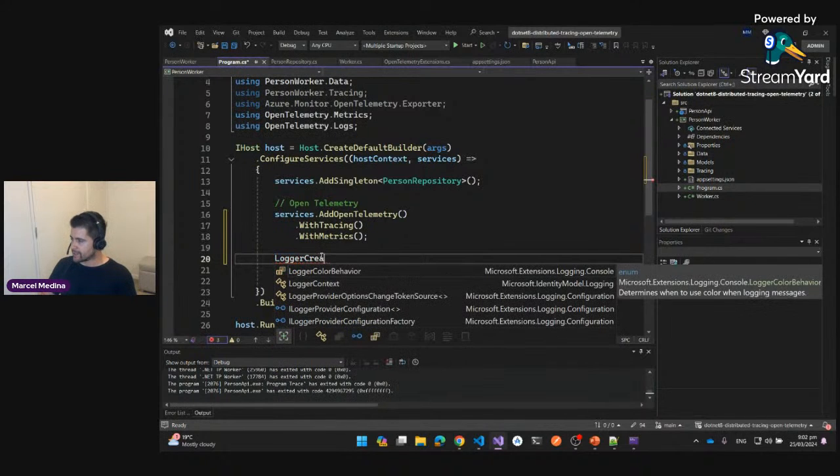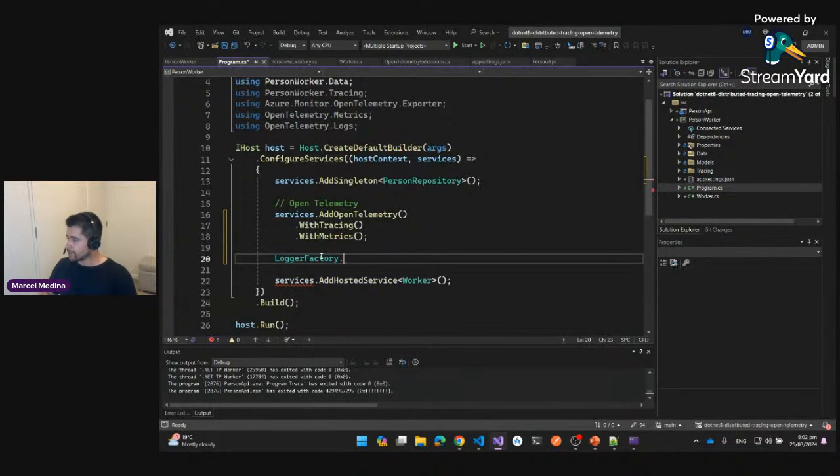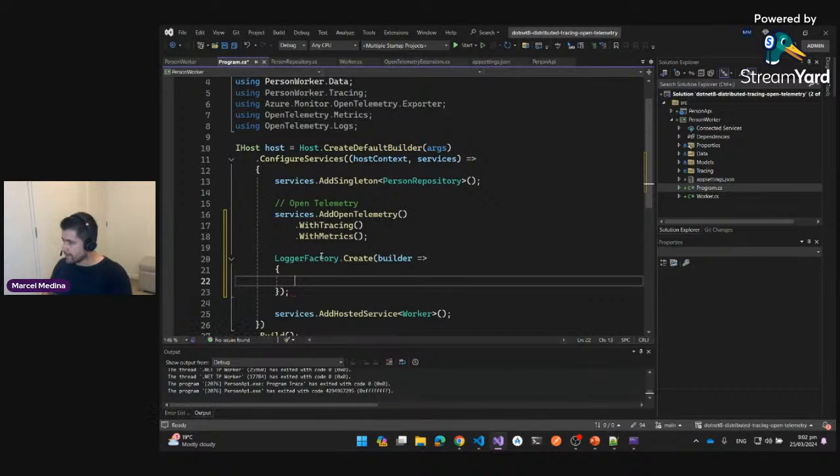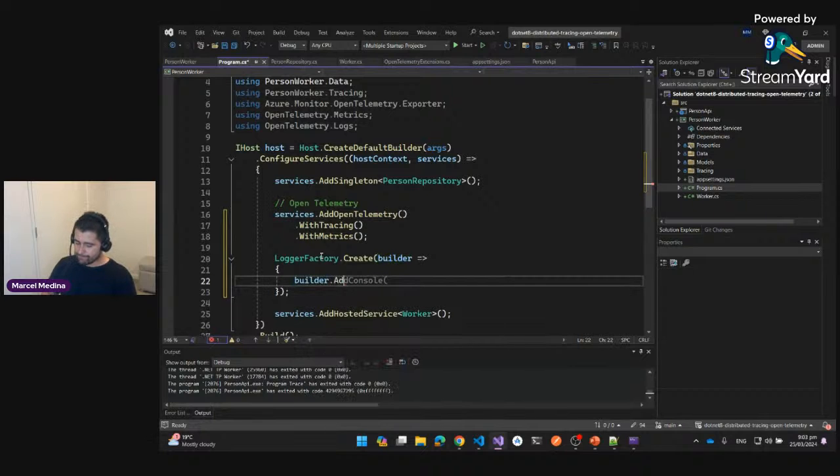I'm gonna show this: LoggerFactory.Create, and then for that I can have this sort of builder, and within this builder I can do add OpenTelemetry. In the end, you're gonna see that what I'm showing here, there'll be variations for that, just